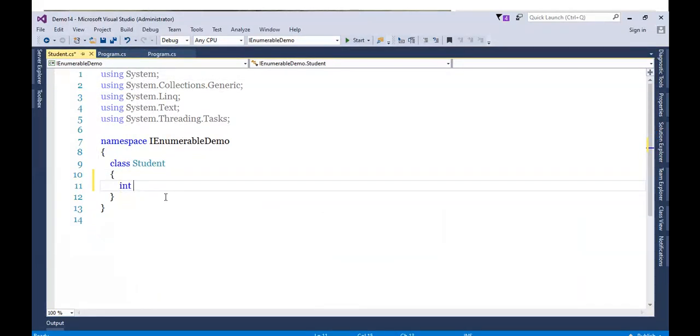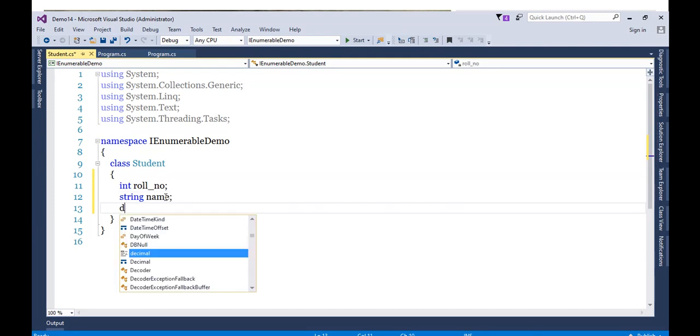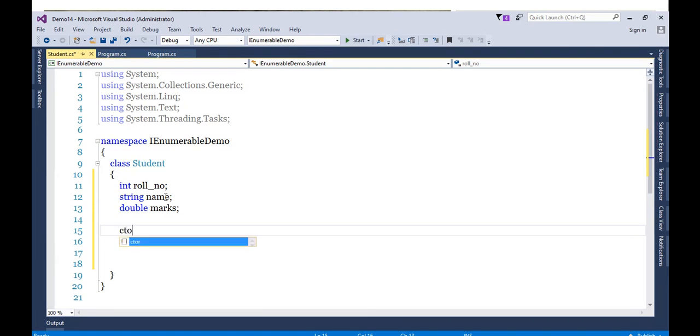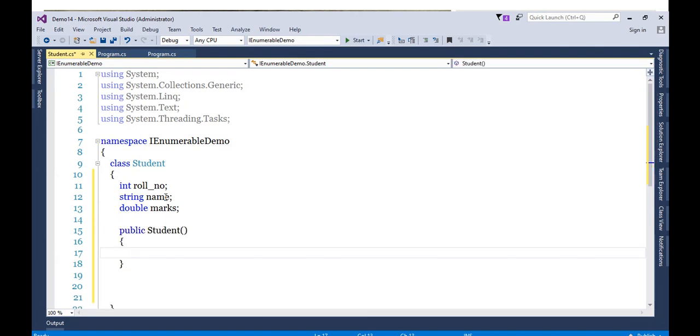Let's take roll number, name, and marks. Okay. Let's write some of the constructors. I will write both in a single one. Okay, so let's provide some default values.